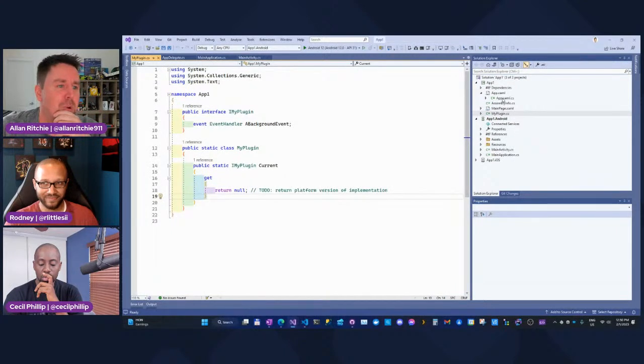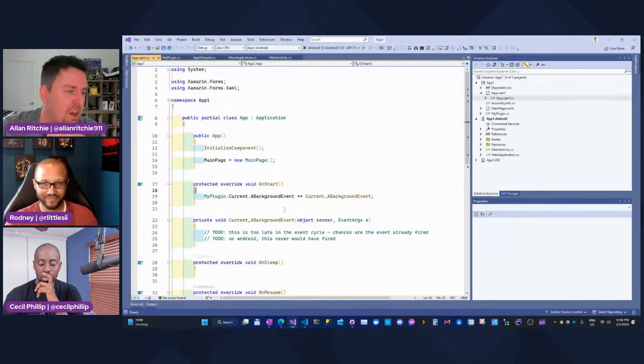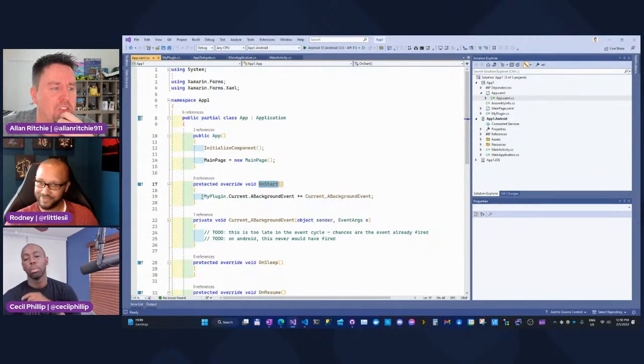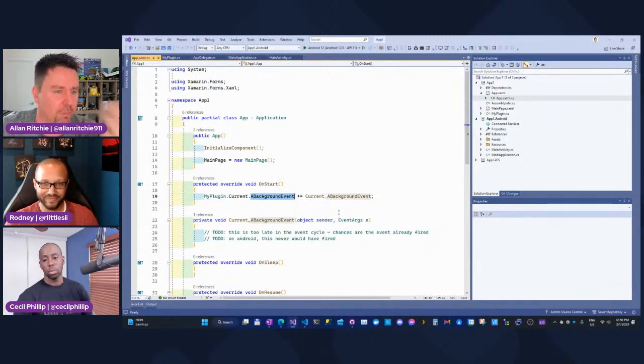A lot of people would have some sort of background event, and they would go into the Xamarin Forms OnStart. Seems logical. And they would say my plugin.current, some sort of background event, hook it. So as a developer, I'm expecting that this is going to fire when the background event occurs.